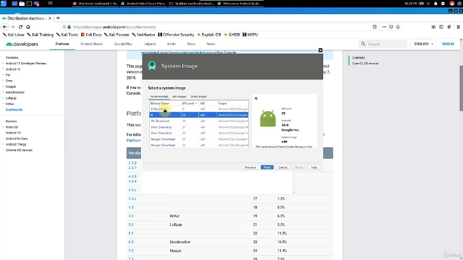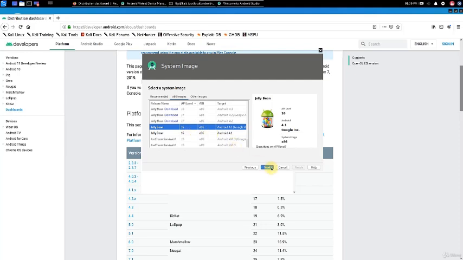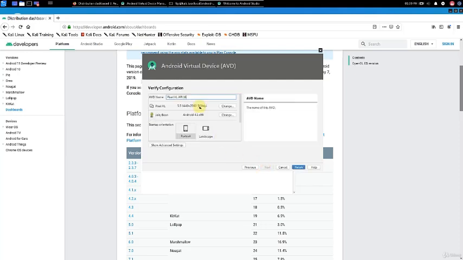Here it will show you what system images are available. These will depend on what SDK versions you downloaded. So for example, we have version 29, and earlier we installed version 16. So you see that these are available. The ones that are not available, you will see a download link next to them. We can just click on download, and obviously it will take some time to download, but then you'll have the emulator available to experiment with. Let's create an old emulator. Let's create one of version 16.